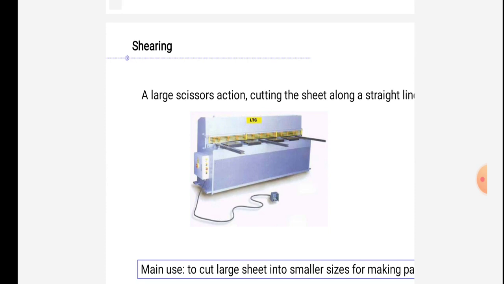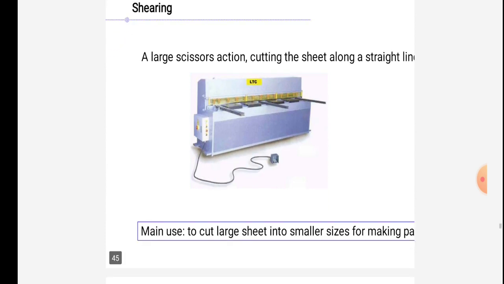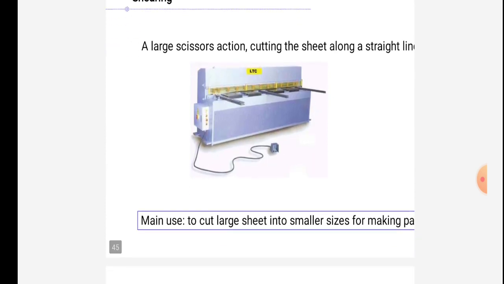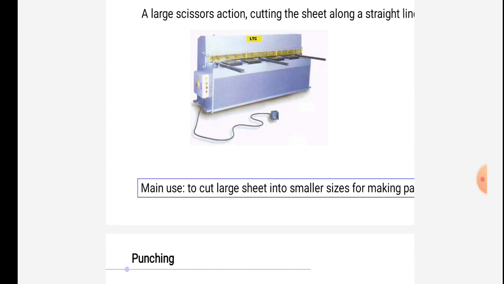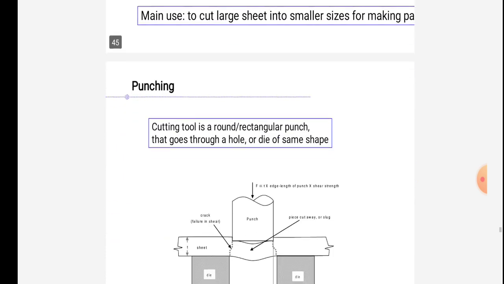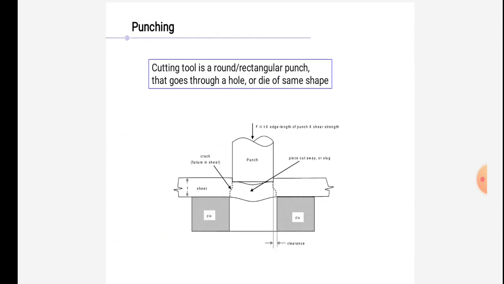Shearing is a large scissors action, cutting the sheet along a straight line. This is shown in the figure, the shearing machine. The main use of the shearing machine is to cut large sheets into smaller sizes for making plates. Punching. The cutting tool is a round or rectangular punch